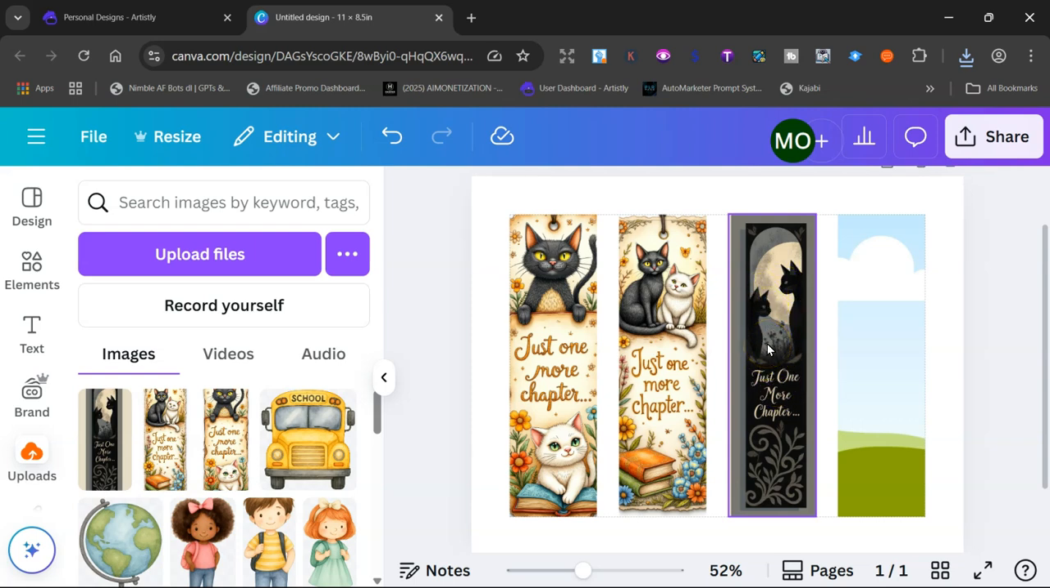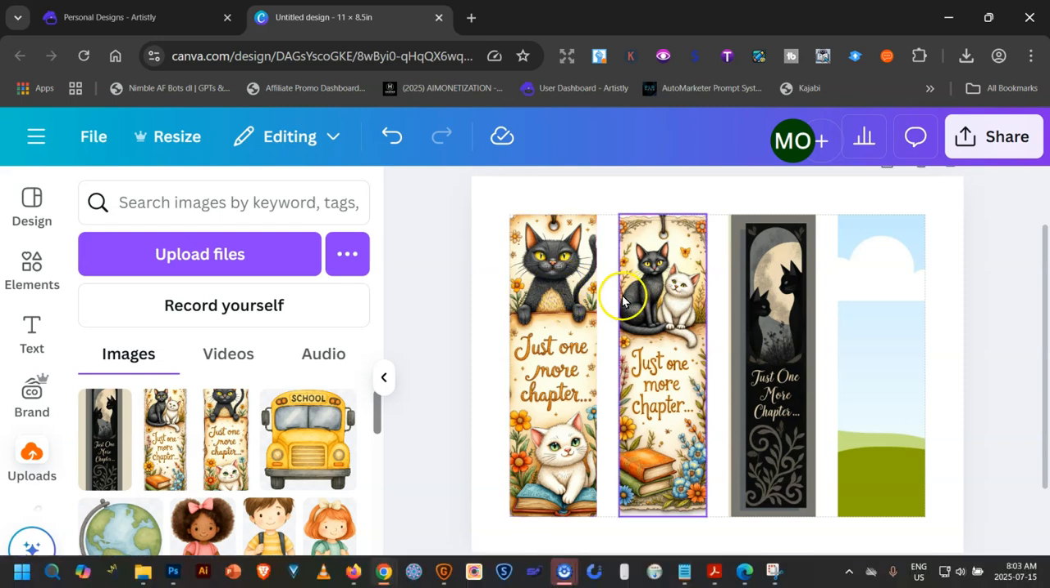You could position this in your shop as black cats, like people who love black cats. So you could do a whole bunch of black cats bookmarks, right? People who love black cats absolutely love them. And this would be good for Halloween, different things like that, right? This is just overall cute, right? Which people love too. So black and white cat,